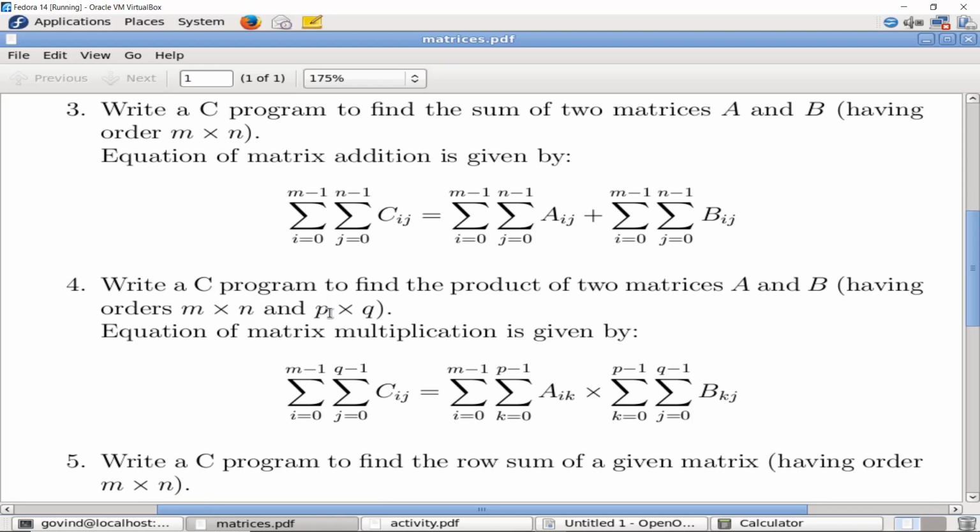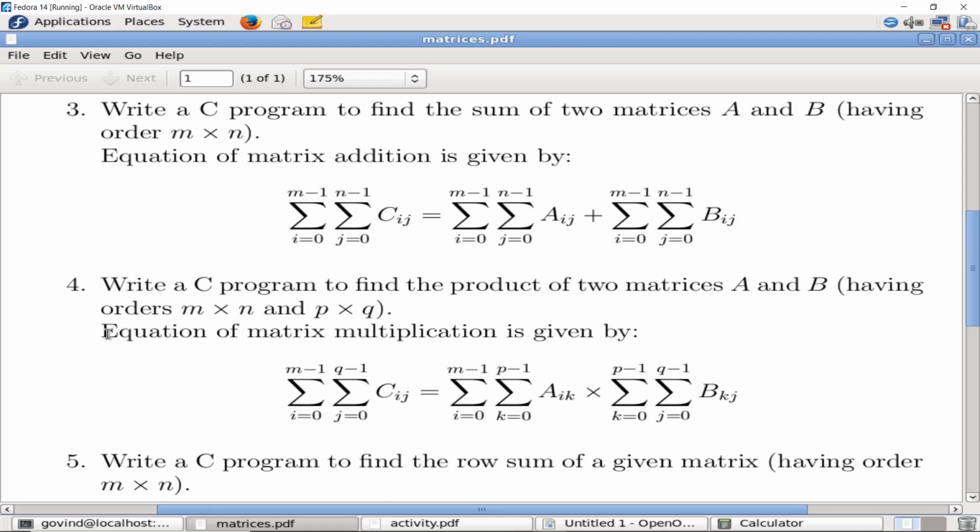And also one more peculiar behavior of matrix multiplication is the resultant matrix, which we call C over here. The order of the matrix C would be the number of rows in the first matrix and the number of columns in the second matrix. Hence, the order of the resultant matrix C will be m cross q. So these two things we need to worry about while performing matrix multiplication.